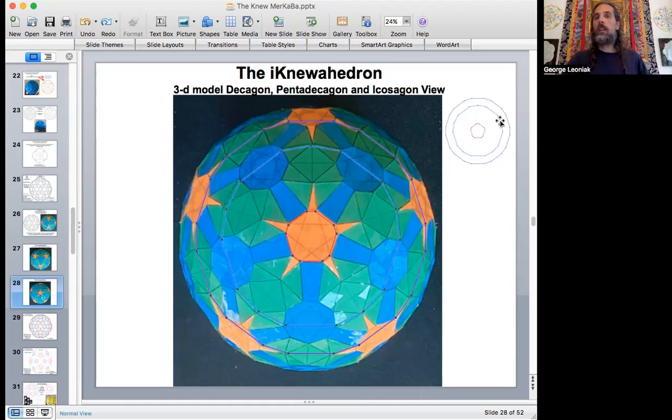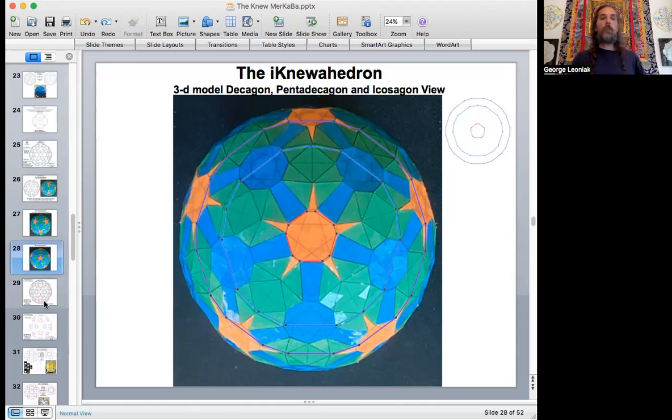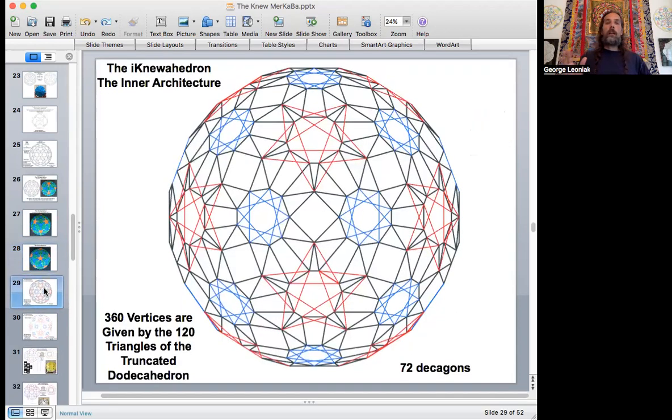These are those 2 layers. This is basically like an onion we're looking at now, cutting down the middle. This would be the top. This is the 15, and this is the 20. That's not right in the middle. And we can do these types of planes with the hexagon view as well, and the square view planes too. So it's pretty cool to see where the planes are in this. Okay, but now I want to just talk about the inuahedron inner architecture here, because it looks very complex